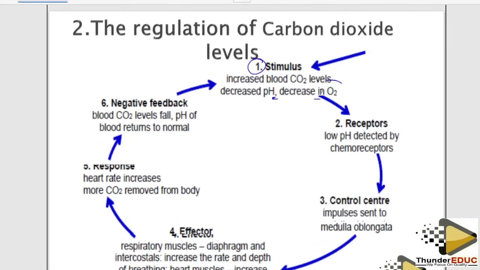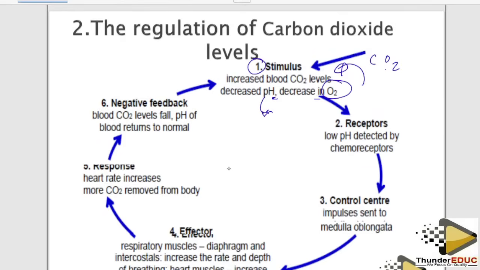Why is oxygen decreased? Because we use oxygen in respiration and we produce carbon dioxide. That's why if I have a low level of oxygen, it means that I have a high level of carbon dioxide, because oxygen has been used to produce energy, and carbon dioxide is a byproduct of respiration. Now, how is pH decreased in the blood? How is that linked? When we look at it scientifically,